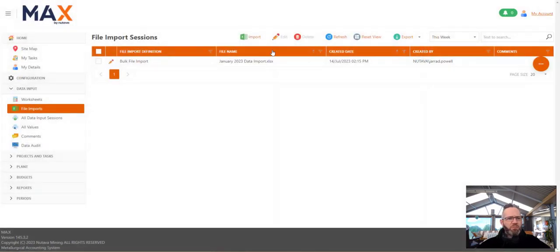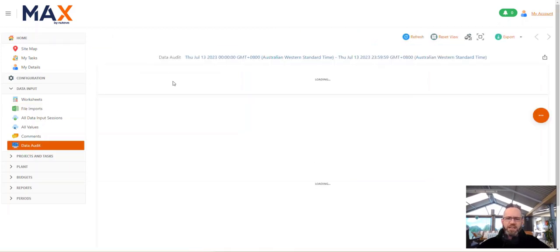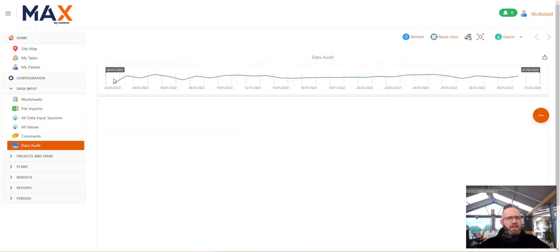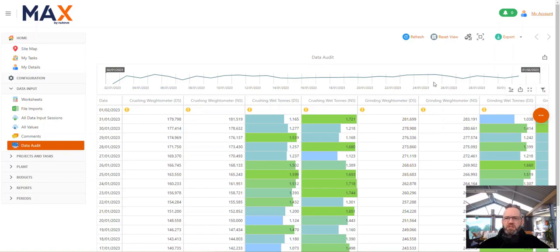So we obviously imported that pretty quickly, and straight away we can actually start reviewing some of the data. So we would tend to set up various dashboards that are going to help you validate things. So we've just got a simple data audit dashboard here. We can filter this on a particular time range. We've got all our different